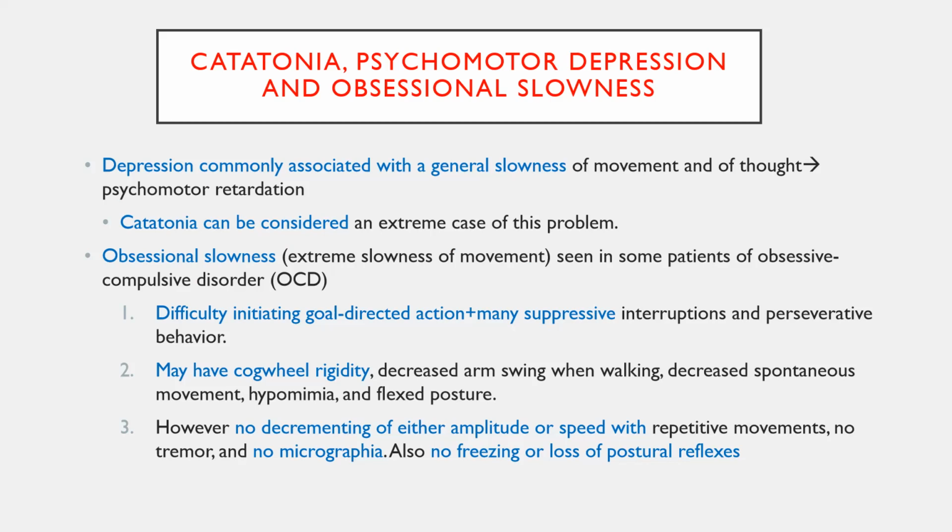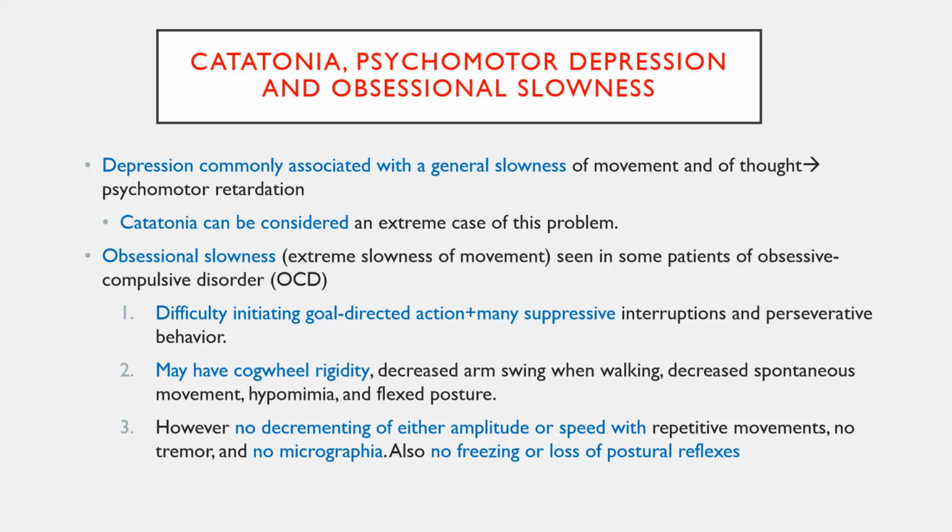So if the patient is having this kind of psychomotor retardation along with these complaints, you can label it under depression. Sometimes an OCD, that is obsessive compulsive disorder, patient will also have this kind of psychomotor retardation. Most of the time, you may not be able to differentiate from the hypokinetic movement disorders, because the patient has difficulty in initiating goal directed movements, and on examination sometimes you may get cogwheel rigidity,